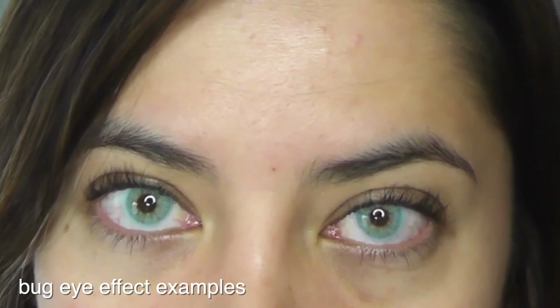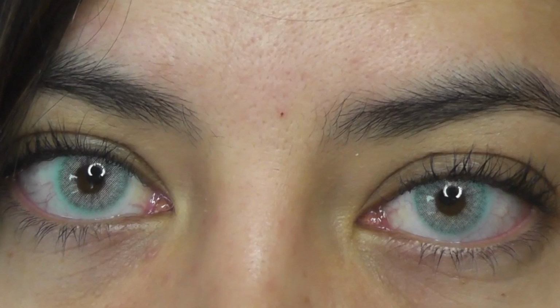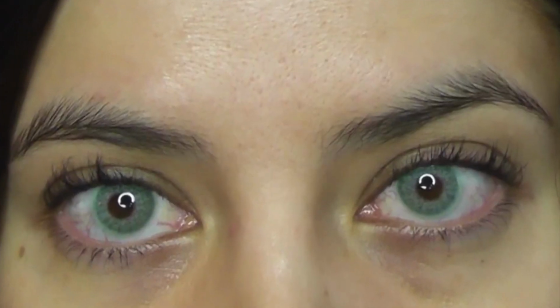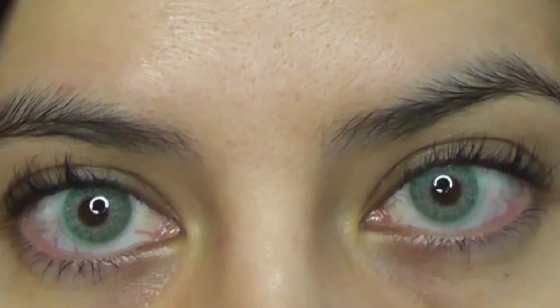And when I say natural and realistic, I mean there's gonna be no bug eye effect. I know it's kind of overkill that I talk about this in every video, but the bug eye effect is where the pupil hole is poorly designed and it looks like you have literal punch holes in the pupil. So then it makes you look like you have crooked eyes or a lazy eye or fish eyes. A lot of lenses are designed this way, unfortunately, and that is a dead giveaway that you are wearing color